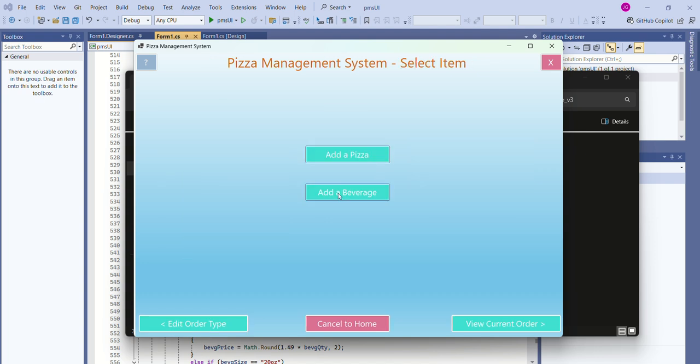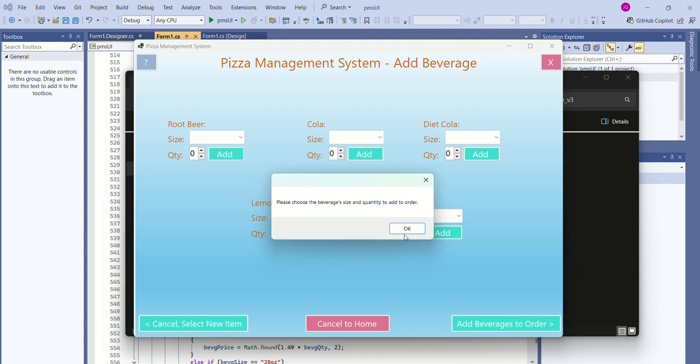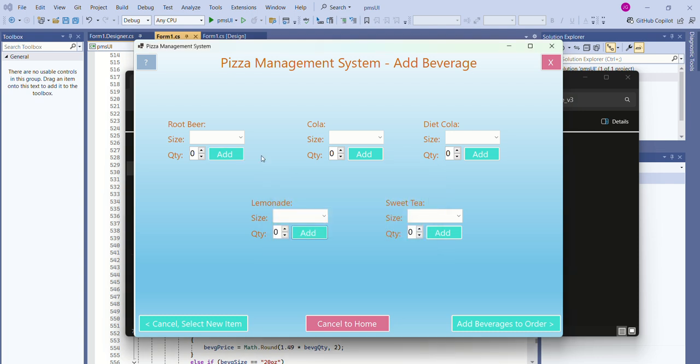So if we go back, we can add a beverage. So when I click add here, it's going to validate that the size and quantity fields are not equal to null. So I add that, and if I try to add a lemonade without doing anything, it's going to give me a warning. So right now, the root beer is added to a temporary list,